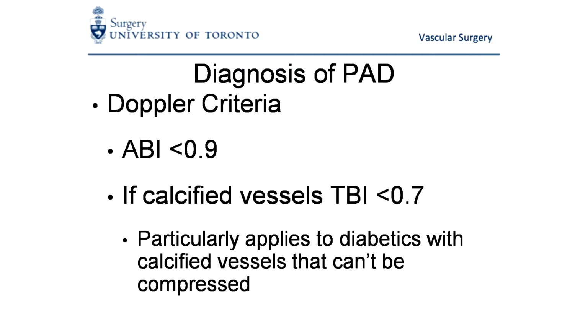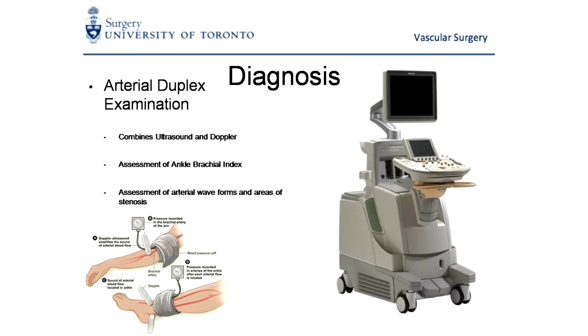And that's a very common thing, so we have to do either toe waveforms or toe brachial index, and I'm going to show you a slide about that. So our diagnosis, ABI is the classic, but in Ontario, I can tell you it's so poorly reimbursed, you usually get a peripheral